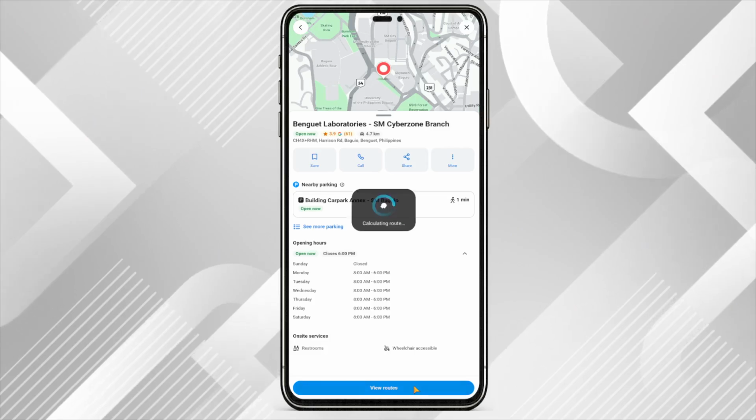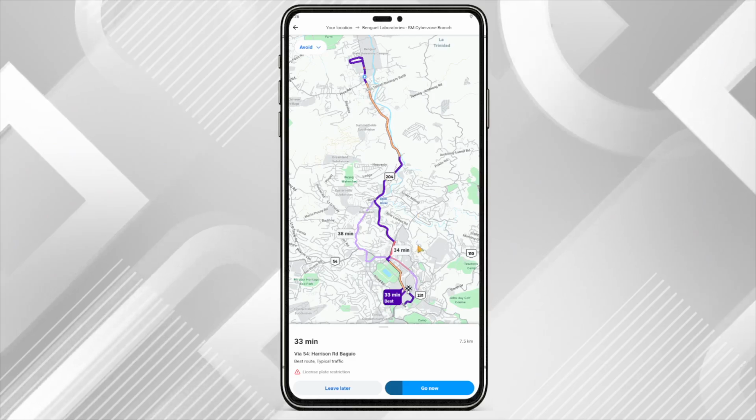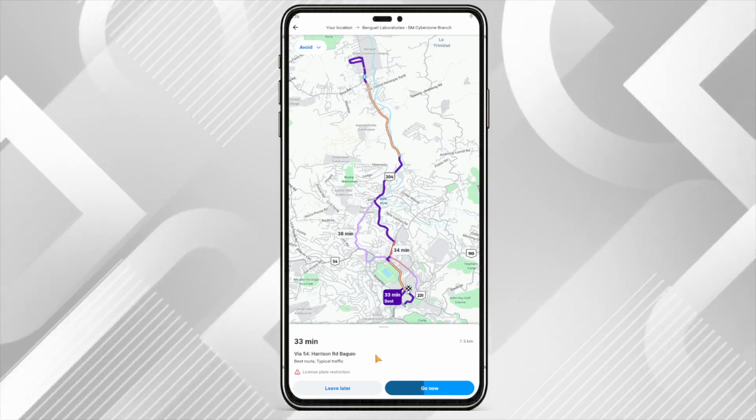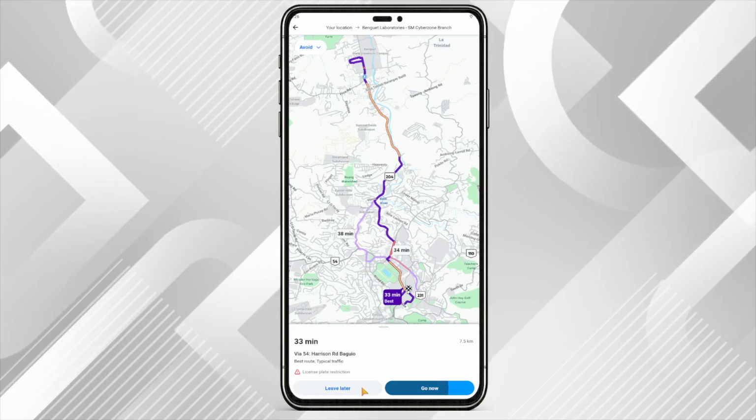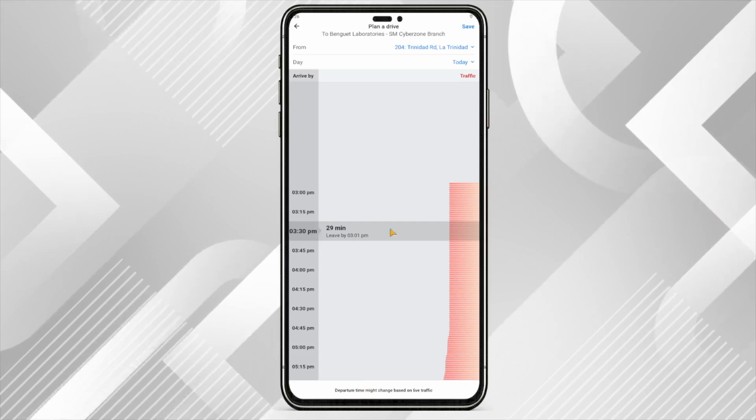This is where Waze shows you different route options based on current traffic conditions and estimated arrival times. You can review these options to see which one works best for you. Next, you'll notice an option that says Leave Later. Tap on it. This feature is really important because it allows Waze to save the route for future use instead